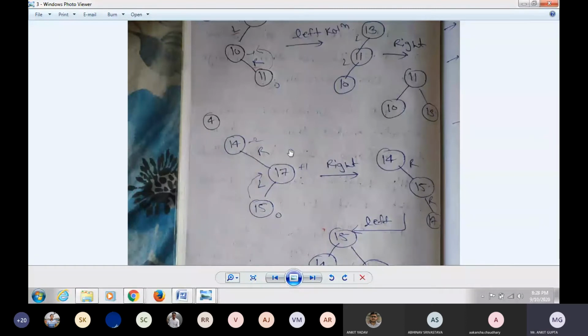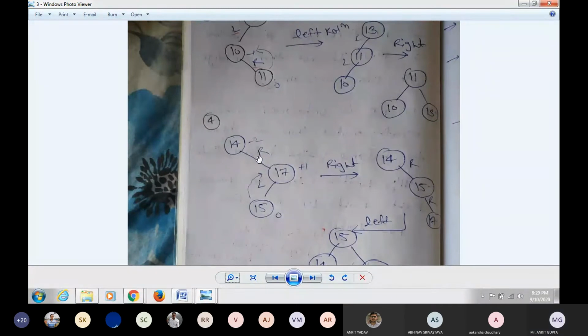But if I will insert the 15, 15 will come in the left side of 17. So now I will calculate the balance factor, that is 0 plus 1 minus 2. Okay, 0 plus 1 minus 2 balance factor. You know that. How can we calculate this? Okay, it is 0 plus 1 and minus 2. Now because of right, because of left, I am inserting in the right, I am inserting in the left.